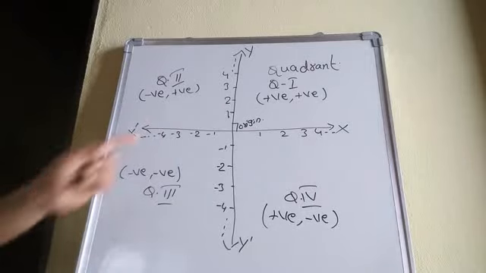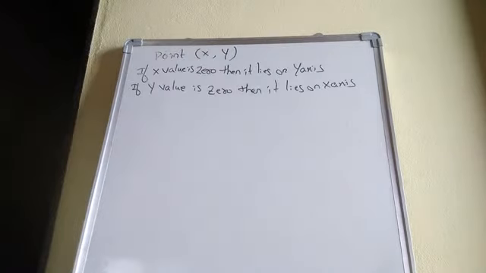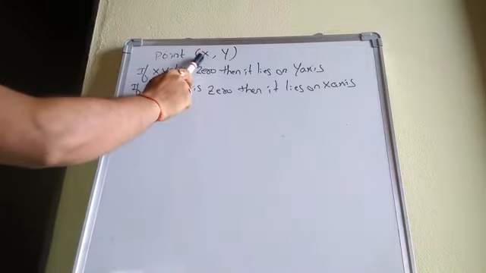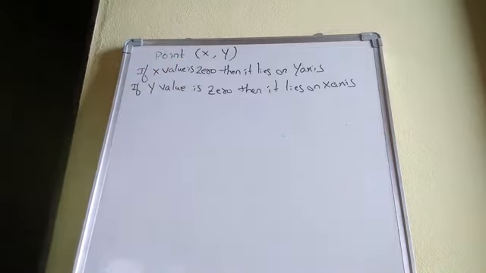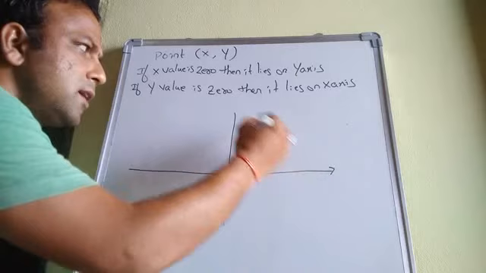Okay, right? Now we have learned about the points that lie in quadrants. Now we will be learning how to identify a point which lies on the axis. Till now we have learned which kind of points lie in the quadrants. So a point consists of two numbers, one related to x and the other related to y. Now we will learn which kind of points lie on the axis.